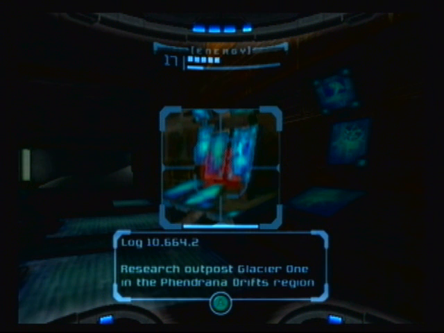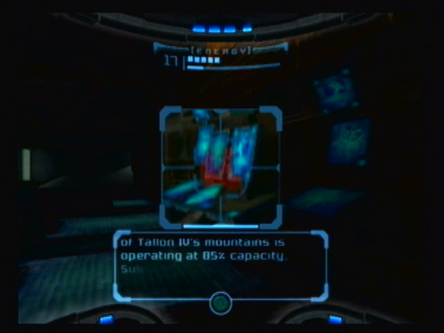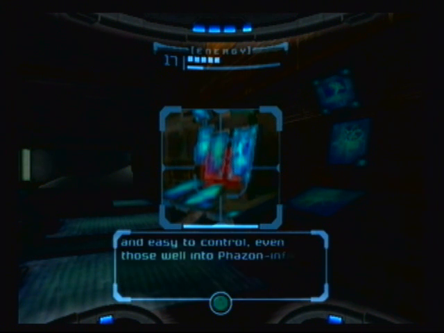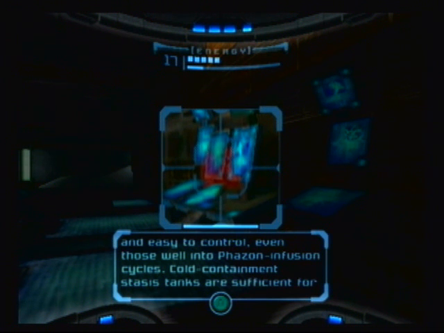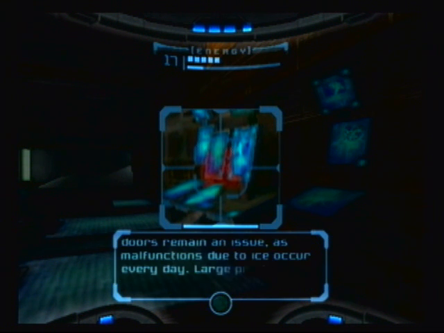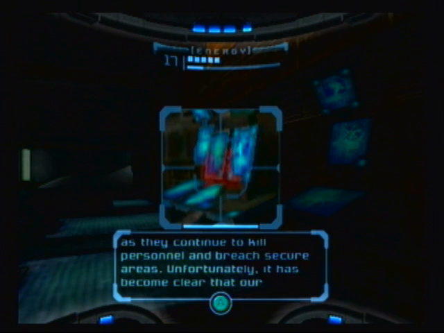Research Outpost Glacier 1 in Fendrana region of Talon 4's mountains is operating at 85% capacity. Sub-zero temperatures have made the Metroids sluggish and easy to control, even those well into Phazon infusion cycles. Cold containment stasis tanks are sufficient for the juveniles, but some of the larger Metroids have been moved to quarantined caves for safety purposes. Security doors remain an issue, as malfunctions due to ice occur every day. Large predators in the wastes are also a concern. As they continue to kill personnel and breach secure areas, unfortunately...